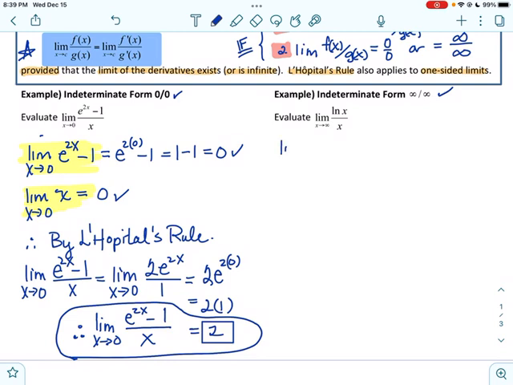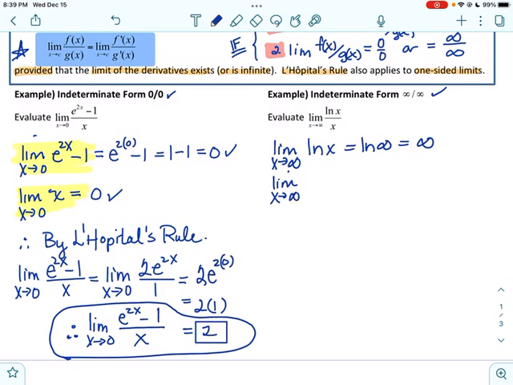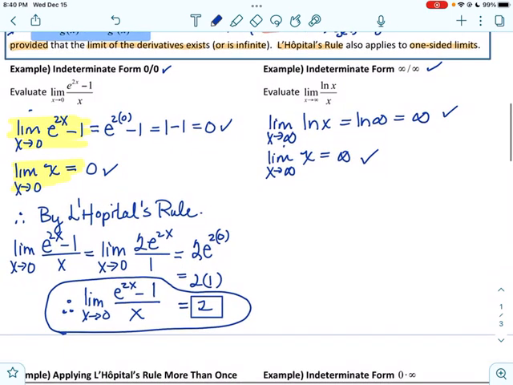So first step, we're going to take the limit of the numerator, the limit as x approaches infinity of ln of x, which will give us ln of infinity, which is of course infinity. And then in the denominator, we have the limit as x approaches infinity of just x, which again is infinity. So we have that infinity over infinity form. So then, therefore, by L'Hopital's rule,